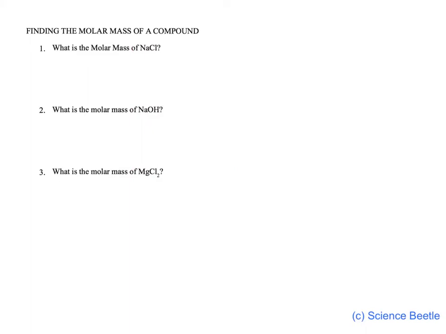So let's go ahead and begin, and we'll start with the very first one here. Our problem is NaCl, and we're going to try to find the mass of NaCl. We will begin by looking at the atoms, and we know that we've got a sodium atom and a chlorine atom. If you look at the individual numbers here, we only have 1 atom of sodium and 1 atom of chlorine. So we're going to find the mass of each of these 2 atoms, and we look on the periodic table, and sodium is going to have a mass of